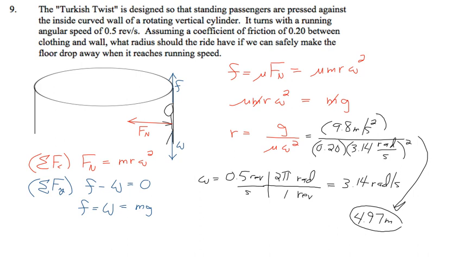Yeah, you get 4.969, so 4.97 with 3.14. So that's the answer for that one. Any questions on that? Now, if you can do this one, you can do 8 because